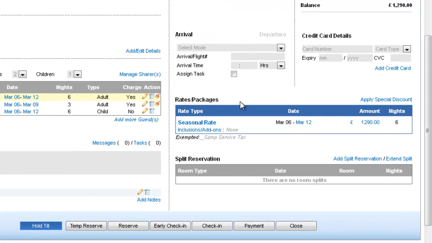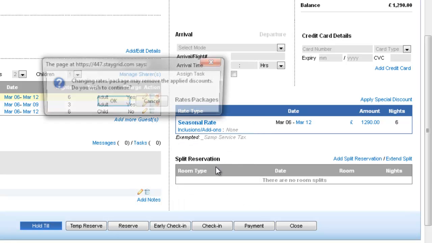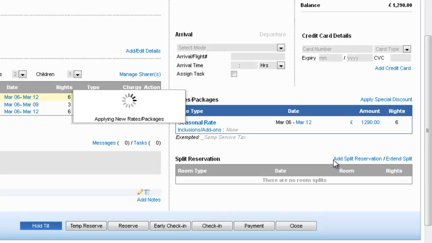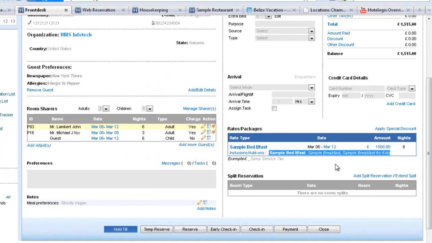Now, rates and packages is a powerful area, lets you apply multiple rates across during the stay of the guest. And currently, the seasonal rate, which is the default rate, is applied. So let's say John says that I want a rate that includes breakfast, and I can click on it. And again, I see the options that are available. We have a bed and breakfast,